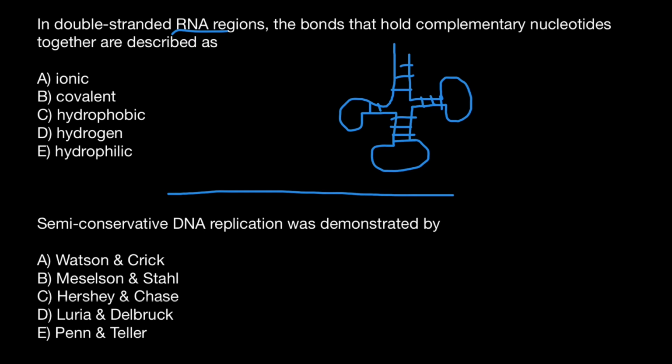And next question: semiconservative DNA replication was demonstrated by, and once again you have to choose the correct answer. Probably most of you know that Watson and Crick defined the structure of the DNA, but maybe not all of you know that in that first paper, for which they got the Nobel Prize, they also proposed the semi-conservative nature of replication